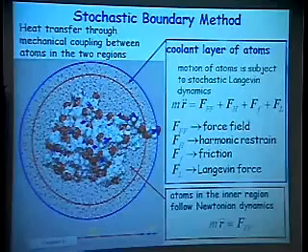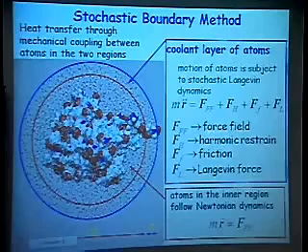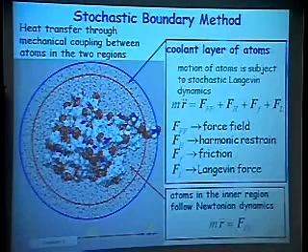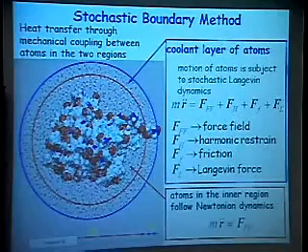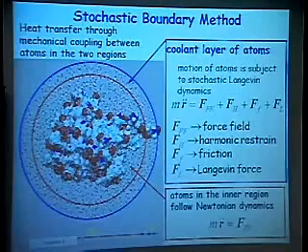Now, in a sense, you see that what you have here is nothing but a Brownian oscillator, on top of which you also have a force acting upon the atoms from the rest of the protein, namely due to the force field. So this is a fairly complicated equation, but of course it can be solved. This is not that difficult. NAMD already has all these features built in, so you don't have to worry about that. You just have to set the corresponding parameters.